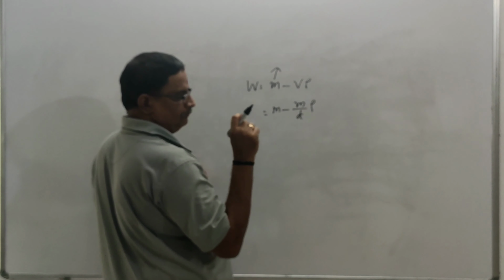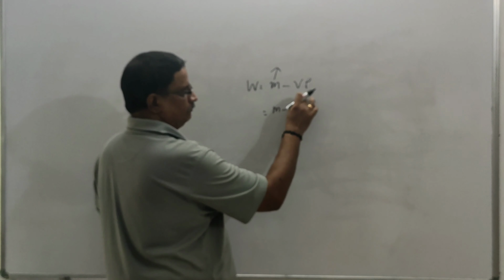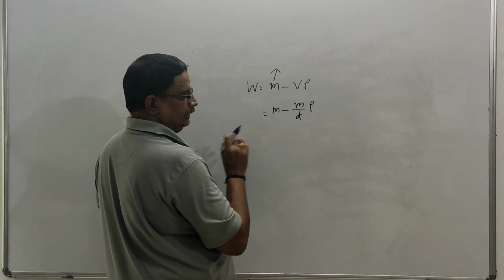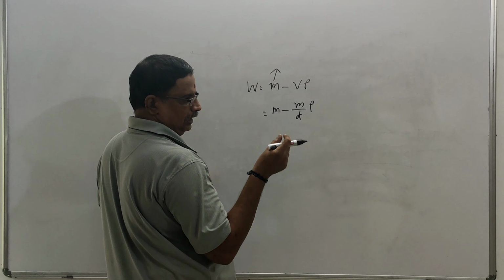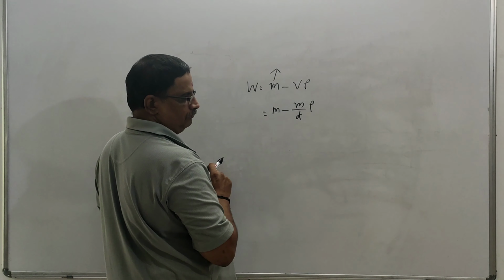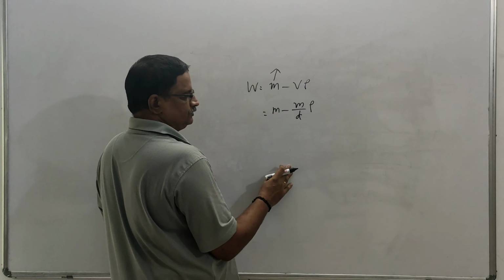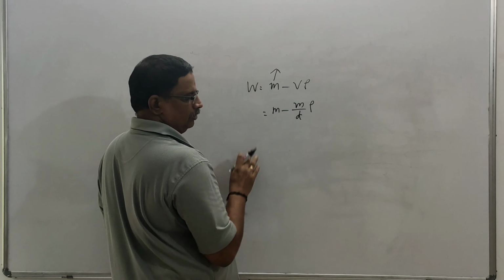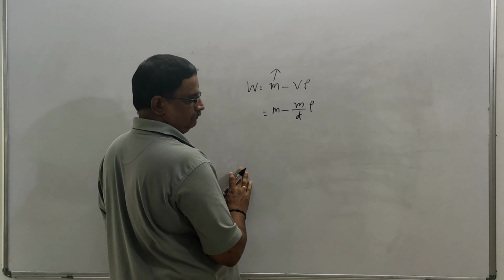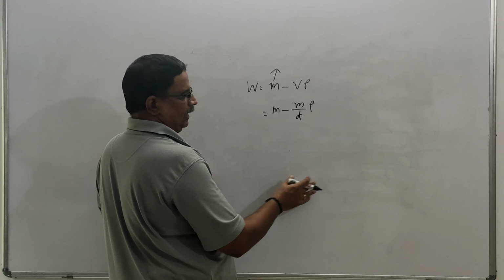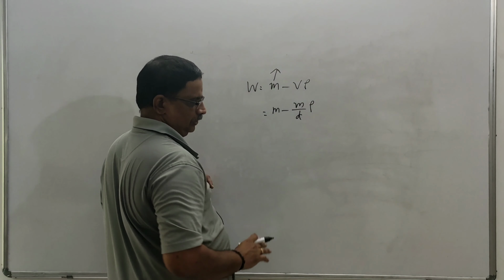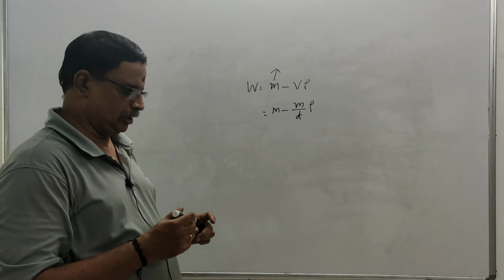So the one having the least density will have the maximum upthrust, and it will have the maximum loss of weight. And aluminium is the one having the least density of the given four. So it has maximum upthrust and maximum loss of weight. Buoyant force is maximum on it. So it has minimum weight in the liquid, maximum upthrust, maximum loss of weight. So your answer is 100% aluminium.